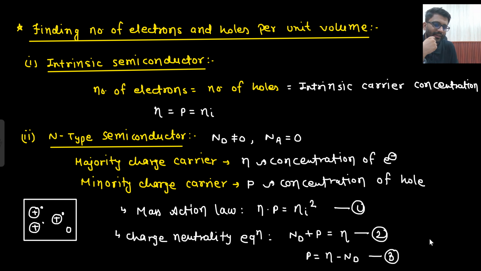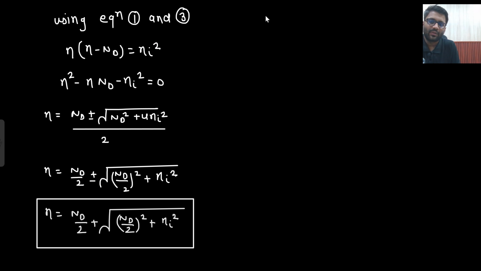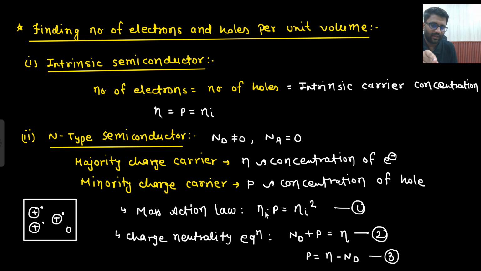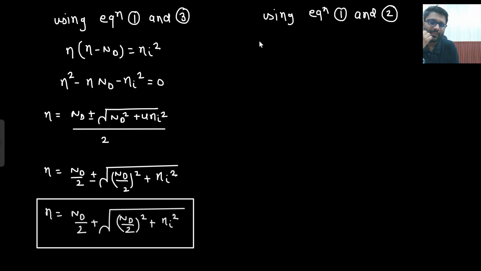Now someone would be saying that, sir, I will try to find out the number of holes also in the same manner. What I would do is generate another equation. I will use equations 1 and 2. So now in place of n I am going to put nd plus p. So in place of n, I put nd plus p into p is equal to ni